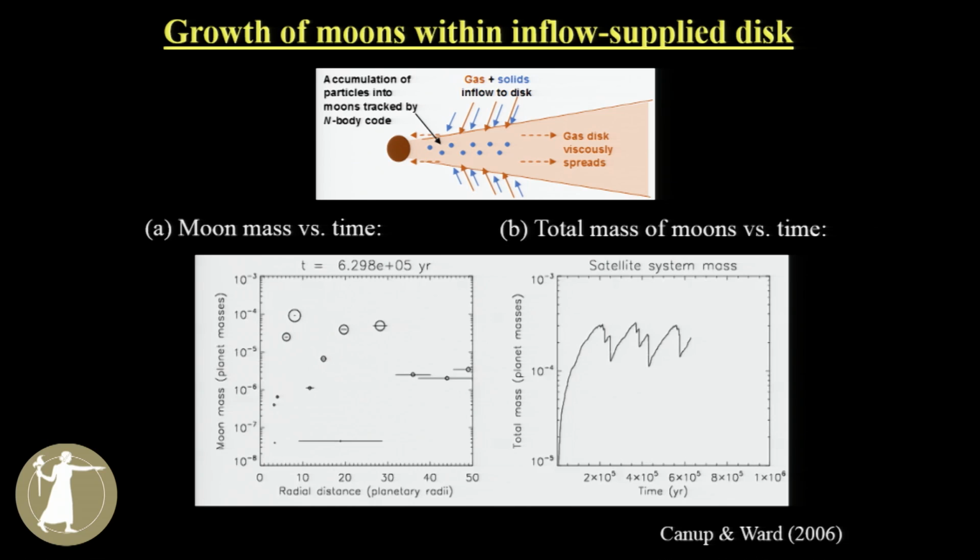It goes up as inflow is delivered to the disk, and it decreases in discrete jumps as large satellites collide with the planet's surface. So this model, which is quite simple, gives us a prediction that the total satellite system mass compared to the planet might be a constant value, roughly independent of the total amount of mass processed through